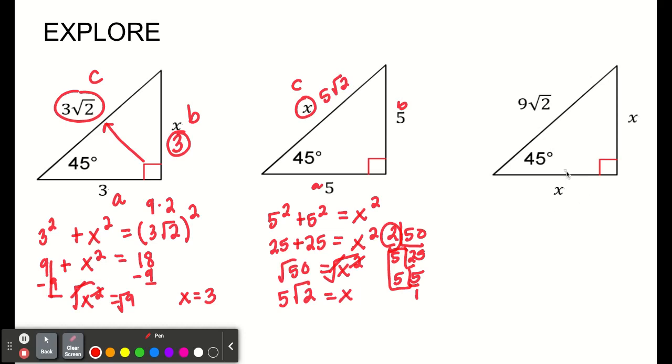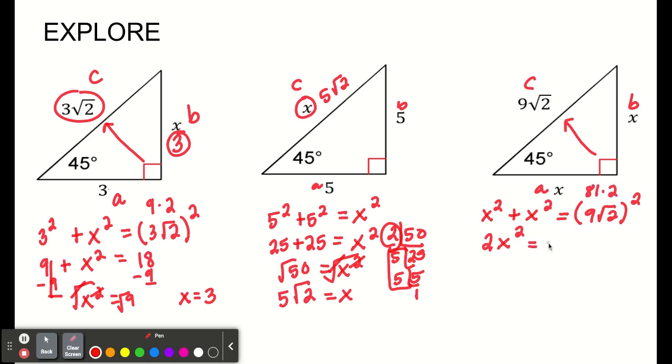And then here for our last triangle, again, the hypotenuse must be C. A and B are both x. So this is going to be x squared plus x squared is equal to 9 radical 2 squared. X squared plus x squared gives us 2x squared. 9 radical 2 times 9 radical 2 is going to be 81 times 2, which gives us